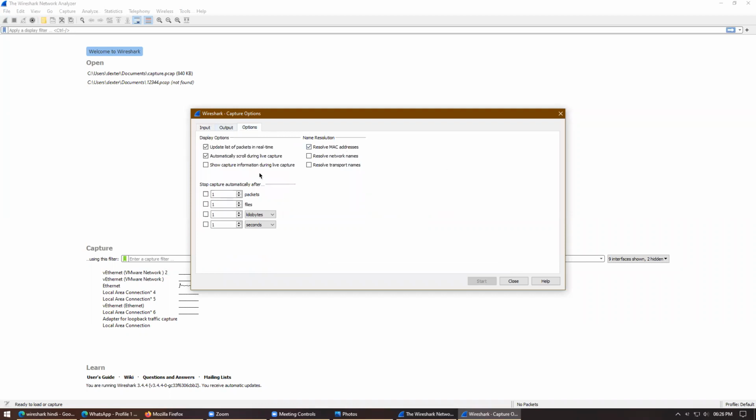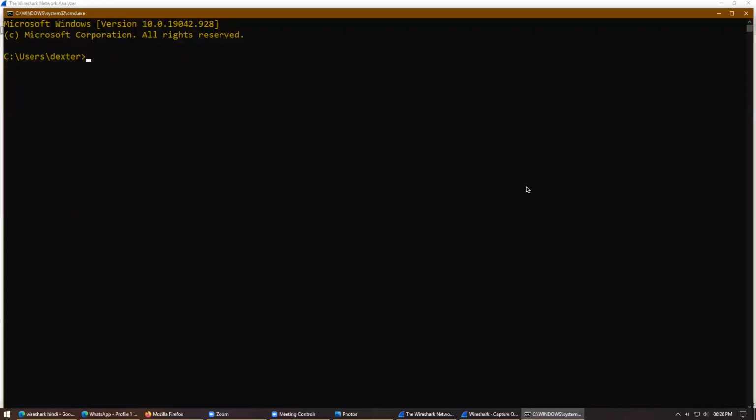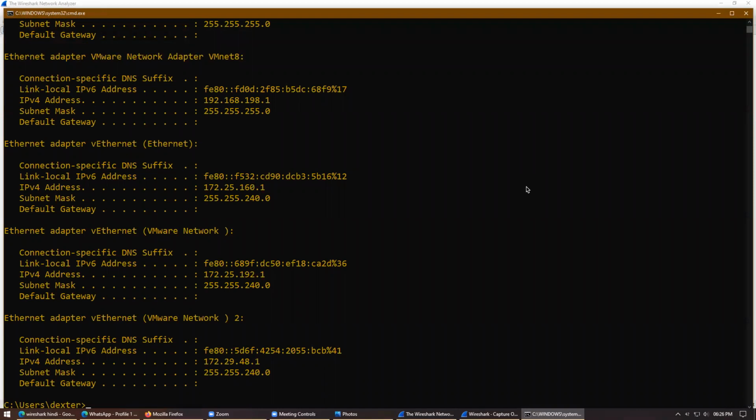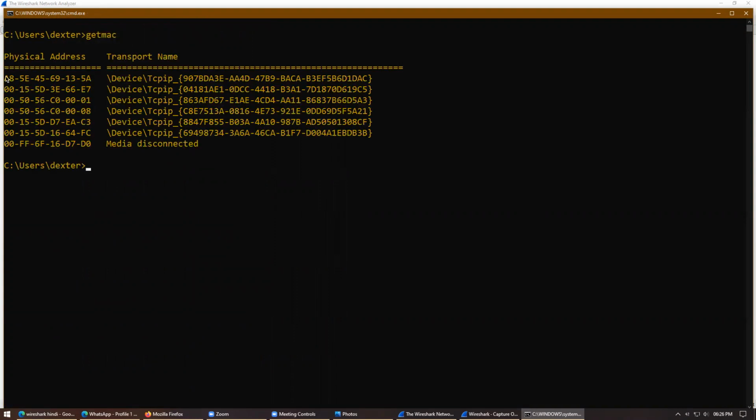Resolve MAC address. Let me show you. This is my PC's MAC address. It is the physical address of your device.